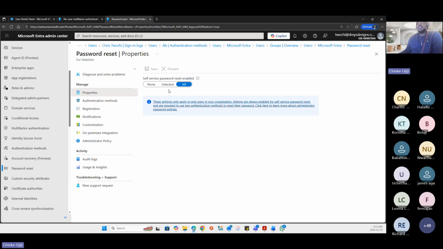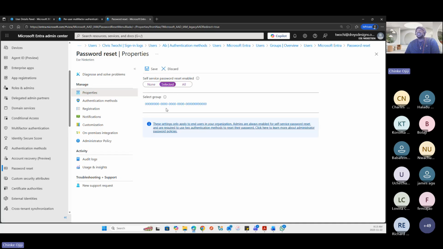And here you can enable self-service password reset. Enabling this will mean that everyone in the organization is able to reset their passwords if they forget them or get locked out for any reason. You can also choose selected here, meaning you're selecting just a handful of people who will be able to perform a self-service password reset. Everything depends on your organization and what policies have been set in your organization, right?